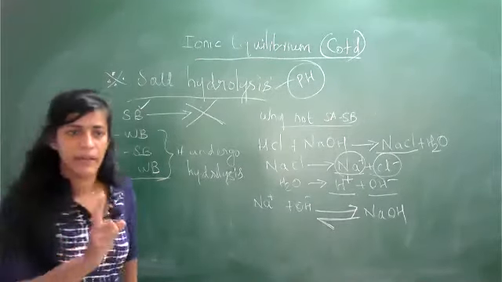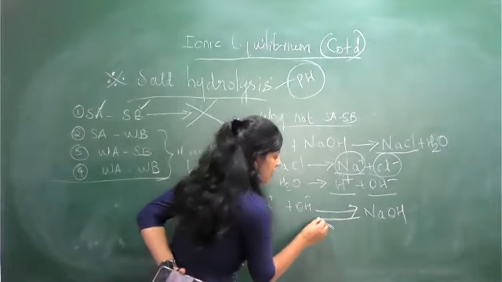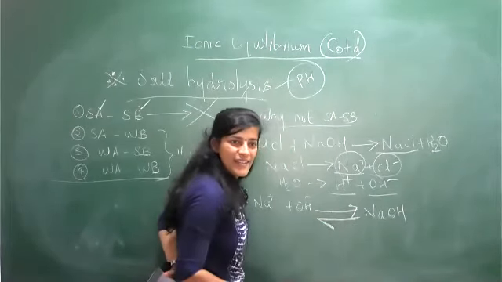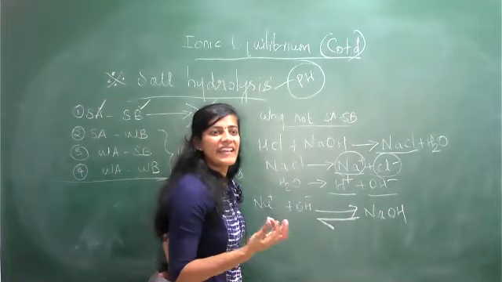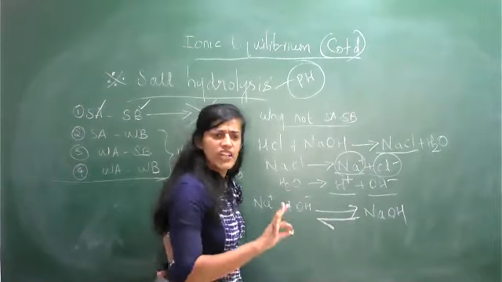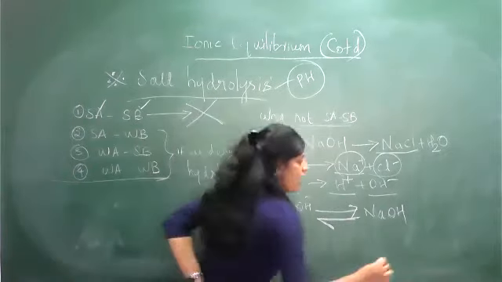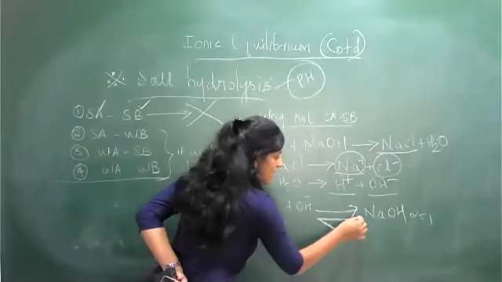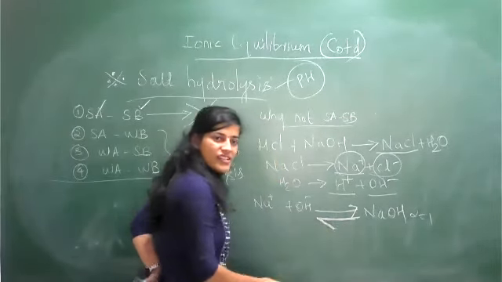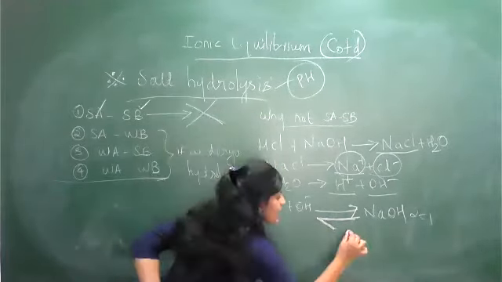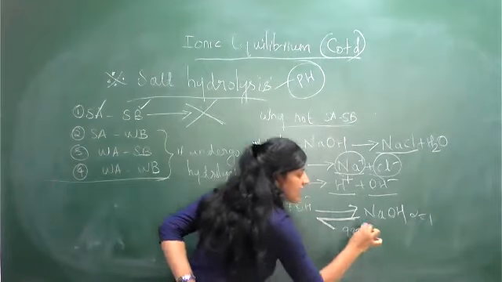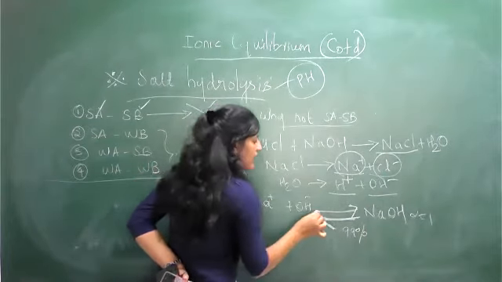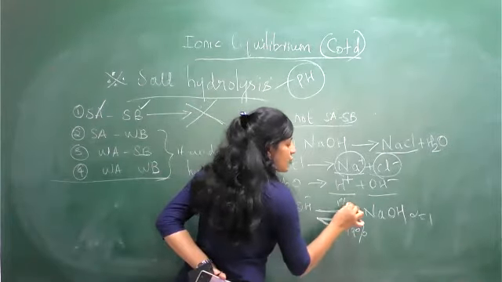Listen to me, this is very, very important. In our last class we discussed that NaOH is a strong base. A strong base will completely dissociate into Na+ and OH- without any doubt, so the alpha value equals 1. So we can say this equilibrium is mainly shifted towards the left side with 99% yield. Am I right? But this Na+ ion will dissociate only 1%.